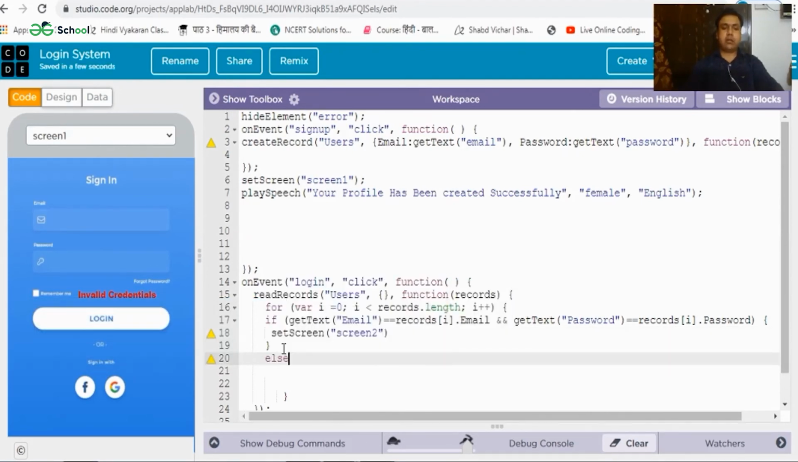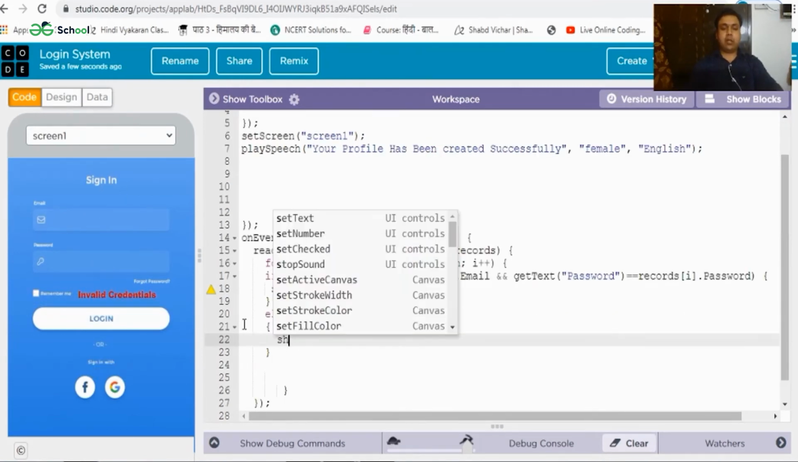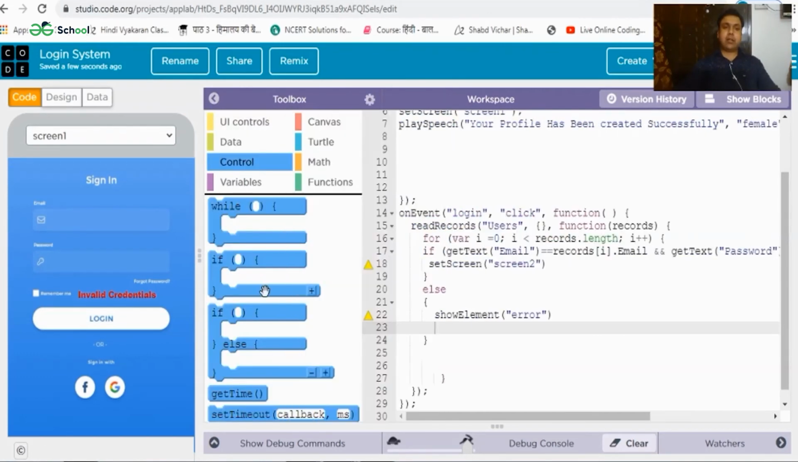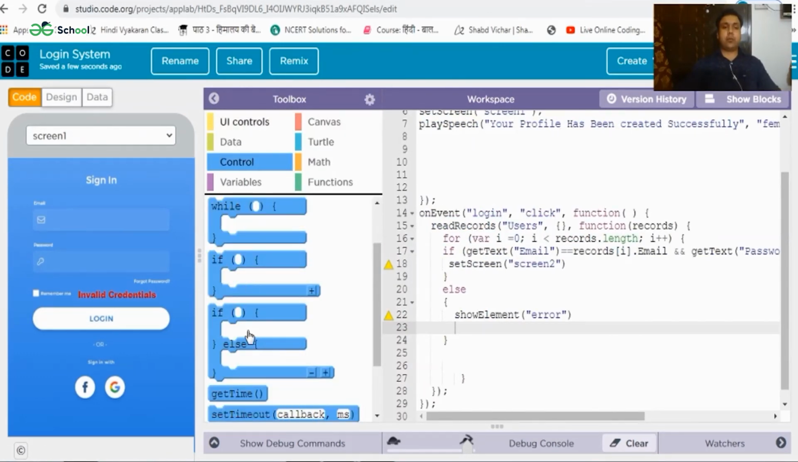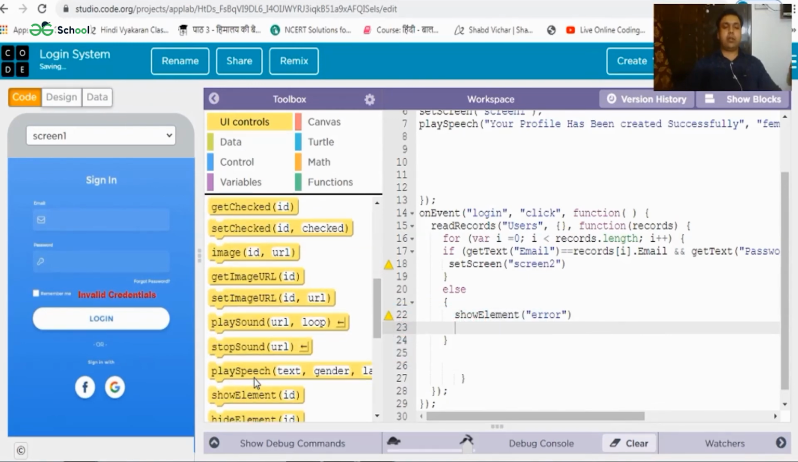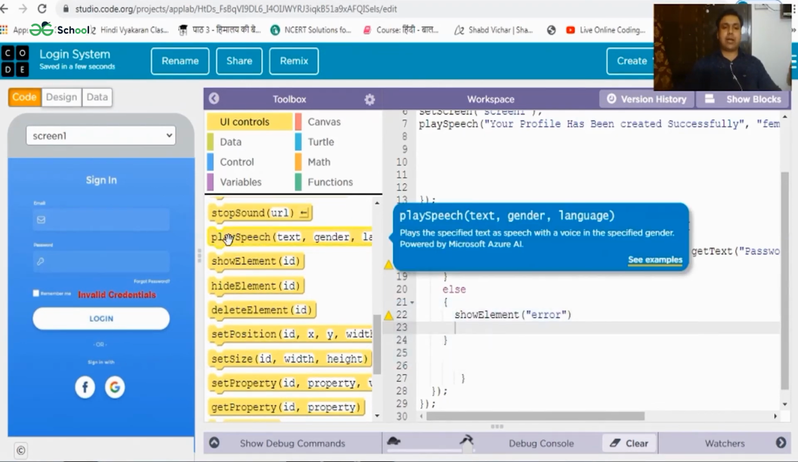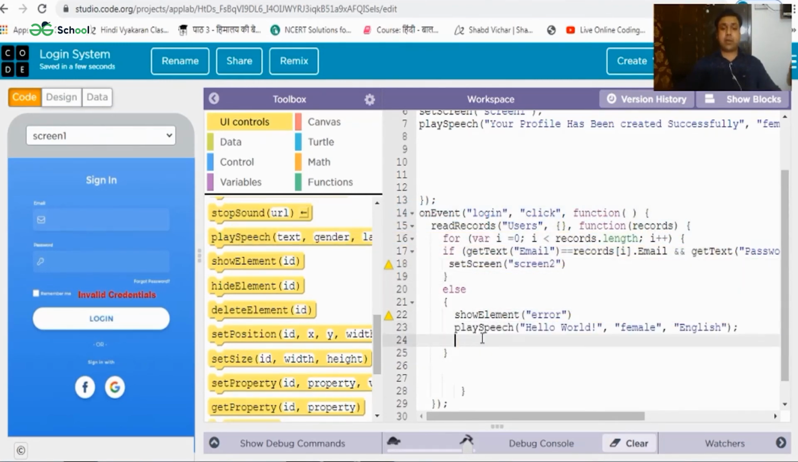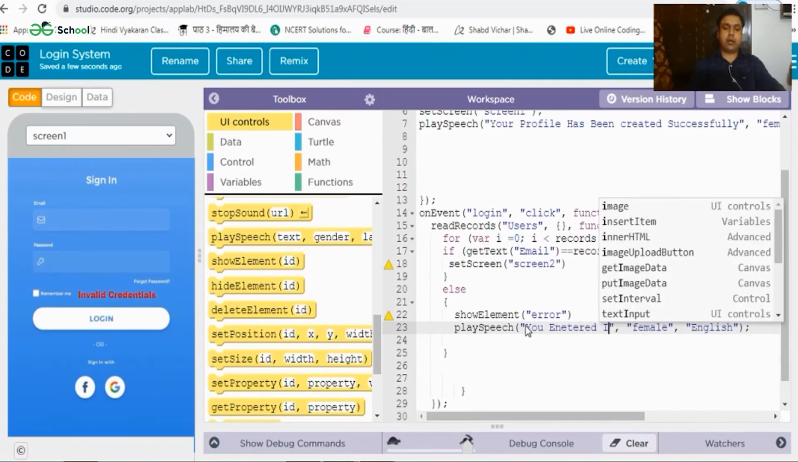Fine, else I would like this error message to be showed to the user. Now the ID of this error message is error. Fine. Also I would like the user to hear a speech from the background, something like you entered invalid login credentials. So for that we can make use of this play speech block. Let's put it right inside this else part. Here I am going to replace this hello world with you entered invalid